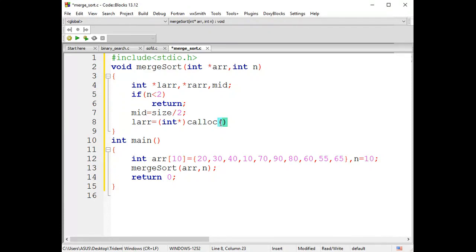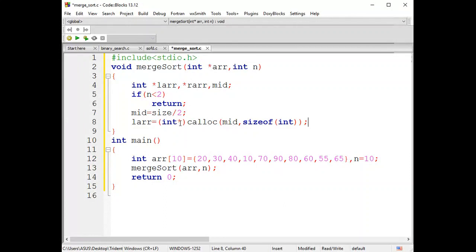Your first parameter is nothing but mid, into size of int. Number of bytes into size of each block, that is the formula for malloc. In case of calloc, number of blocks comma size of each block.